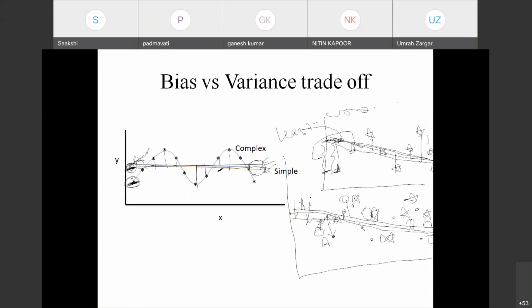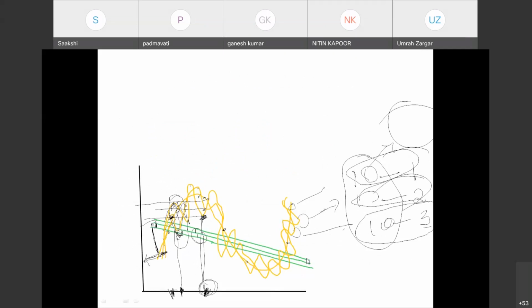You can see here, these three are closer to each other. When you take the average and compute the variance, how deviated the first line is from the average, how deviated the second line is, how deviated the third line is, more or less you will get very little variance.